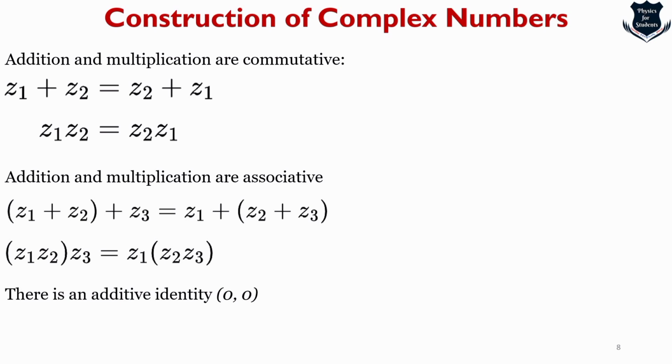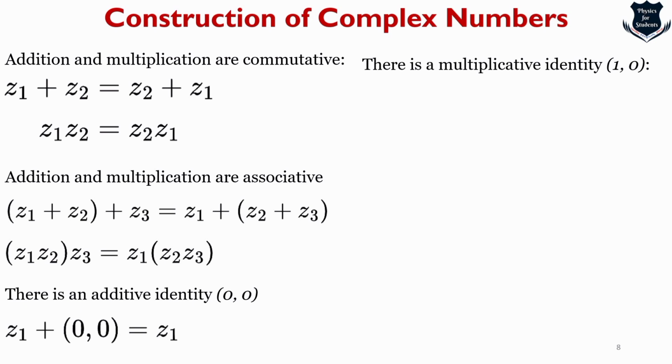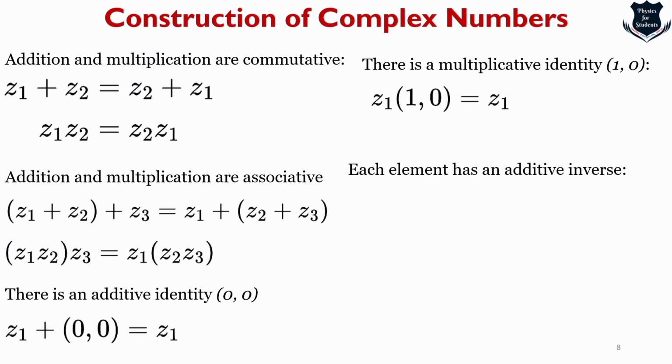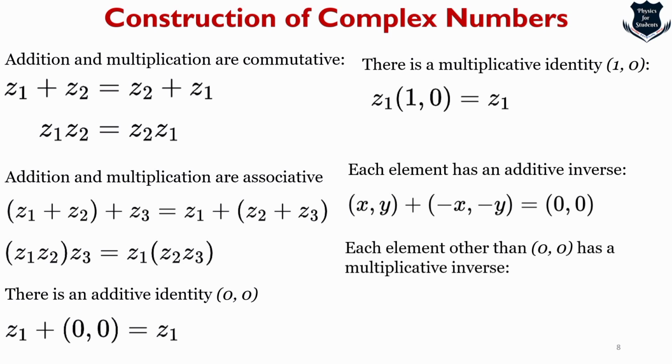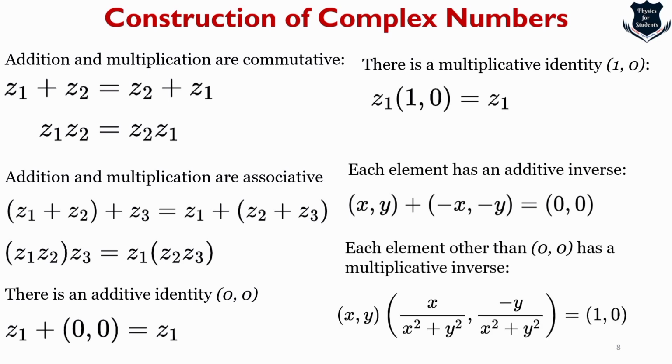There is an additive identity of 0, 0, which means this one. And there is a multiplicative identity of 1 and 0, which is this one. Each element has an additive inverse, that means minus plus minus would result in this. And each element other than 0, 0 also has a multiplicative inverse, which is something like this. So I think there is nothing much to explain. These are properties. These need to be understood and to some extent really memorized,